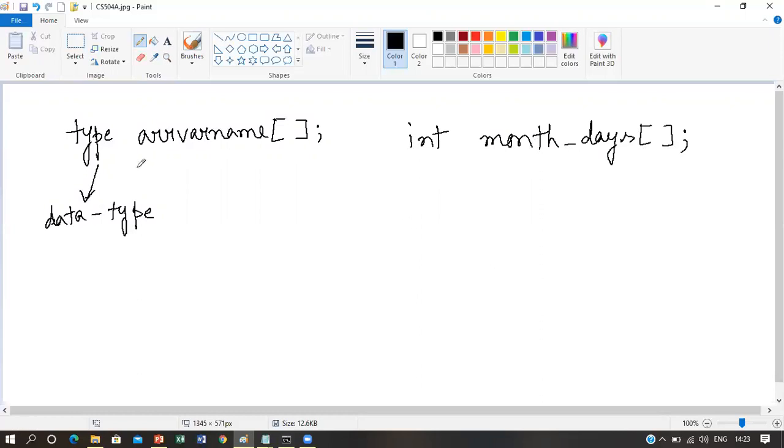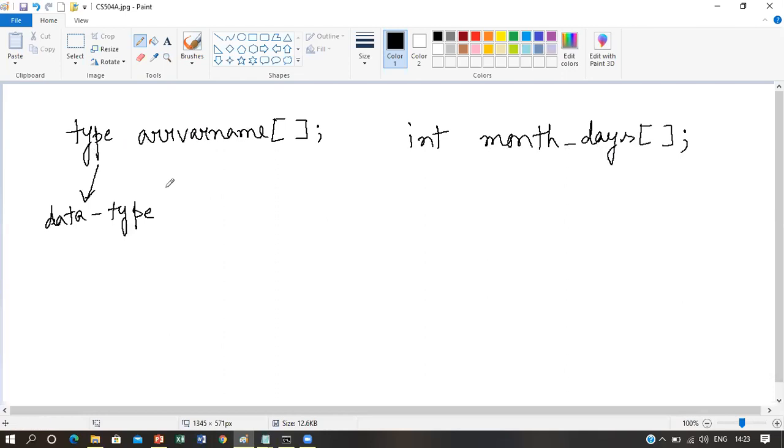So we can say that this type basically declares the data type of the array, and the data type determines the elements of a particular type that will comprise the array. So basically this data type will tell you what type of elements this array variable or the array will hold. If it is int, as in our example, that means that this monthDays array can only hold integer type data or integer type elements.